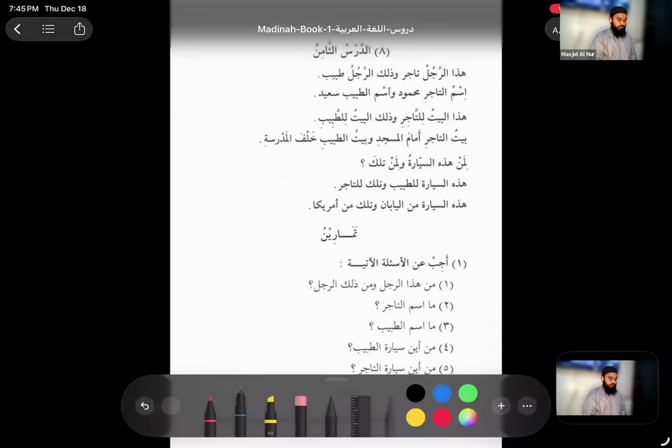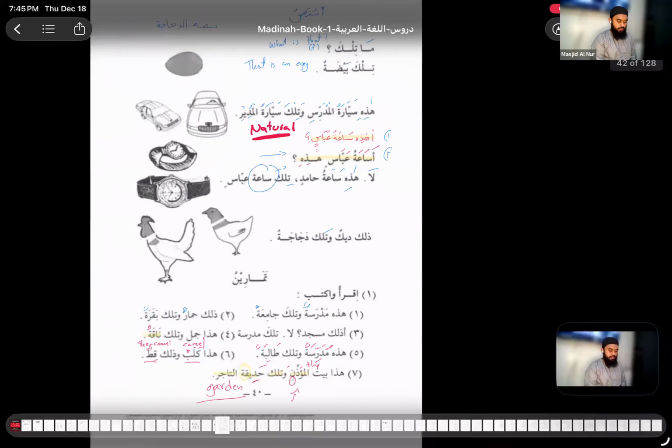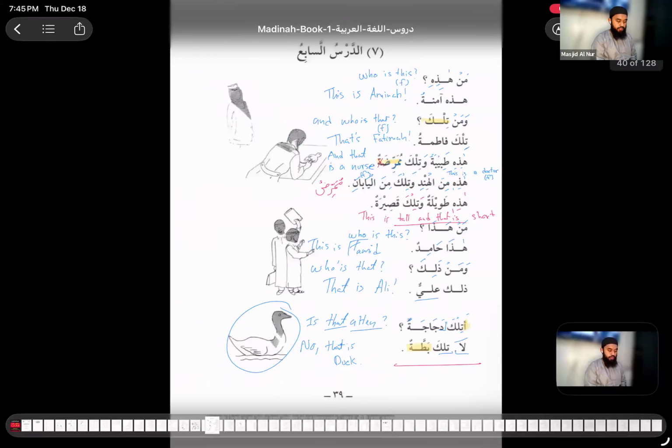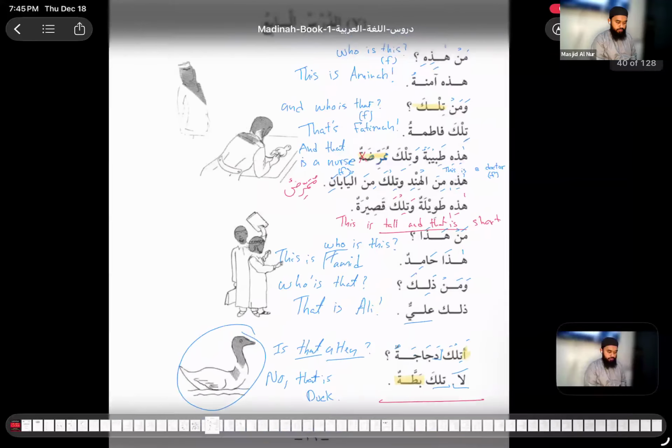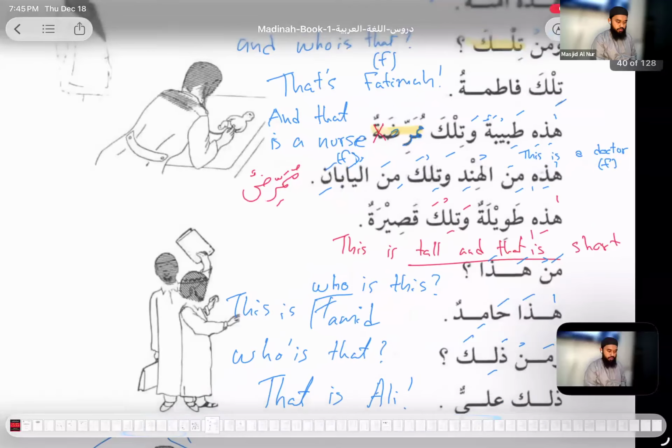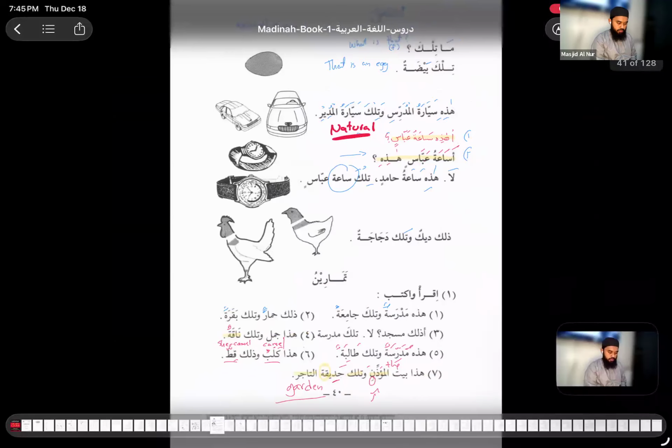Subhanallah. Before I move on to lesson 8, just give me 5 minutes. I want to explain something that we came across many times last class, and I forgot to mention this to you guys. I was going through the recording and I realized that I did not mention this to you. And that is, Bismillah, let me show it to you. Very important that you guys know this. Let's see. Okay, let me get a good example. Bismillah.